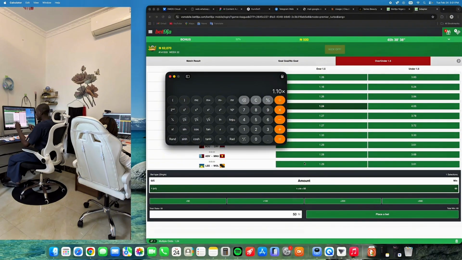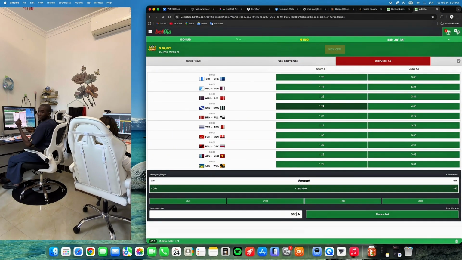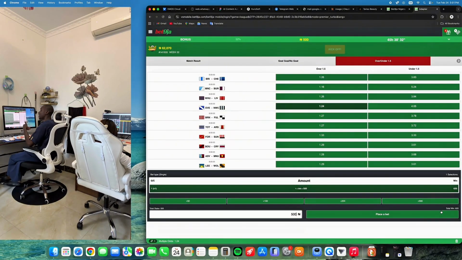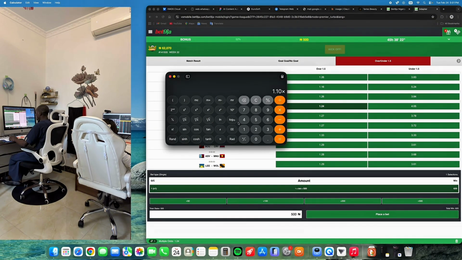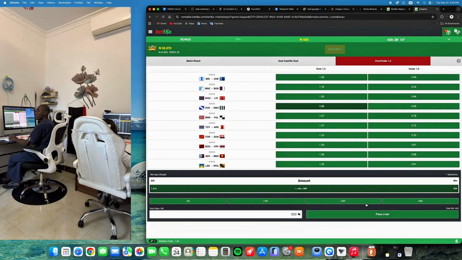If I use only this one, if I use 500 to make bets on only this one, I'm only making 620 naira win, which is quite risky because of the capital required to recover the amount. I need to increase my capital. Okay, so to recover the 500 naira I have lost, I will need to increase it to like 2000. Even with 2000, I've not fully recovered, talk more of making profit. So if I increase it to 2500, at this point now, I will recover my previous 500 plus 100 naira profits. That's if this bet makes a win.